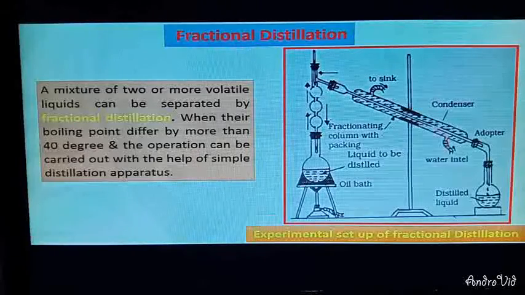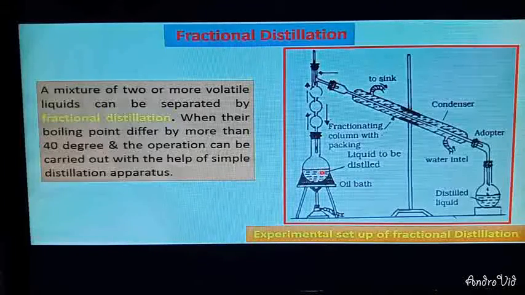Okay, so this is the experimental setup of fractional distillation. You have seen that in the case of fractional distillation, you have to use a special type of column, which is called a fractionating column with packing. Okay, so this special type of column can be used in fractional distillation. This is the distillation flask where the liquid that needs to be distilled is present. Okay, and this is the burner. When you burn this